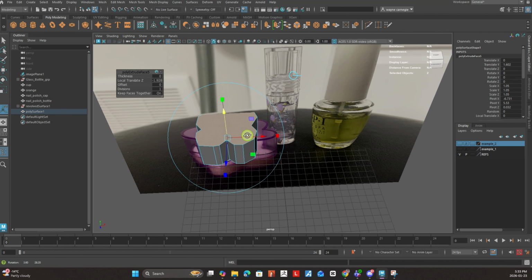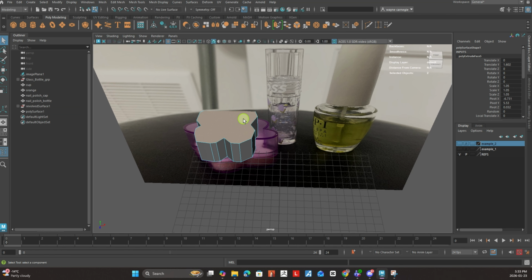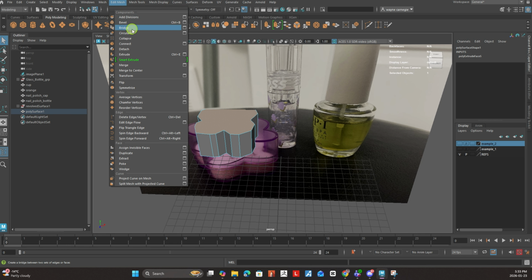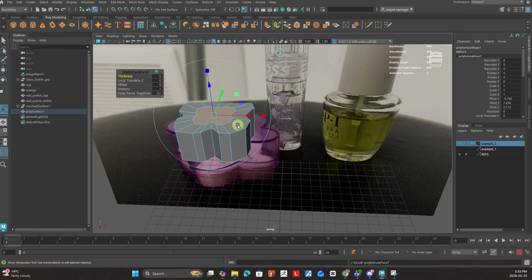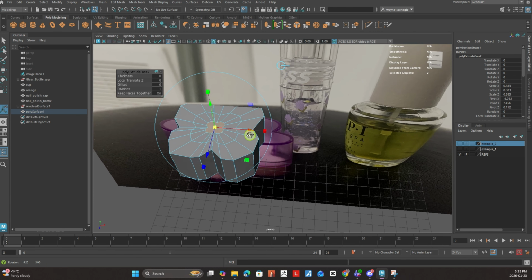Okay. A couple of things we have to do now. Select this top face and run another edit mesh extrude. Click on the little gizmo, tap here, and scale it in a little bit. See that? And then we're going to press G again, click on this here, and scale that in a little bit, like so. Now that we've scaled it in,